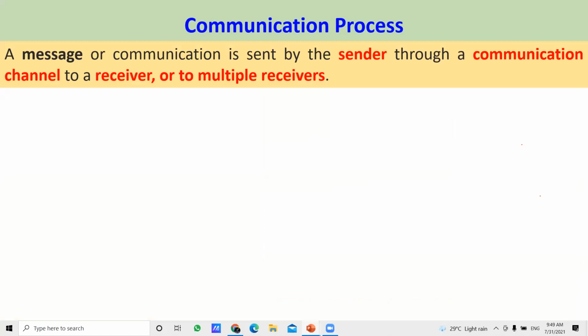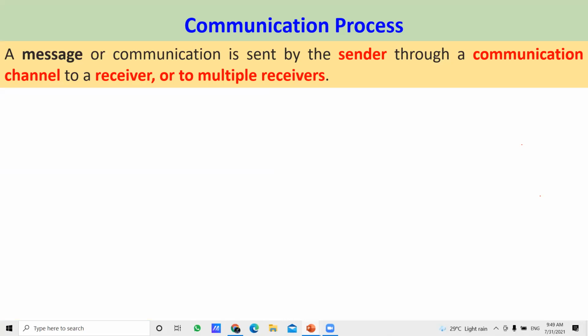Our major area is data communication or computer communication. Before moving to this major area, we should be familiar with what is communication. Then the communication process. Right? Here it says a message or communication is sent by a sender through a communication channel to a receiver or multiple